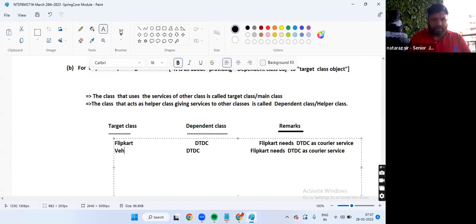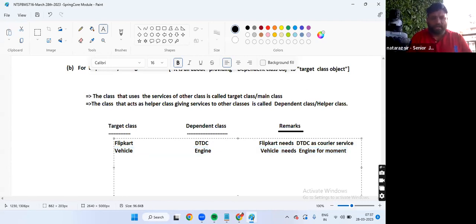Next one. Vehicle was. Here is the engine. Please enjoy learning. Enjoy learning. Don't do learning as a job. Okay. Please start involving yourself. Desk to desk courier was. TTDC means desk to desk courier. Tell me. Vehicle needs engine for movement. Okay, guys. Tell me next one.